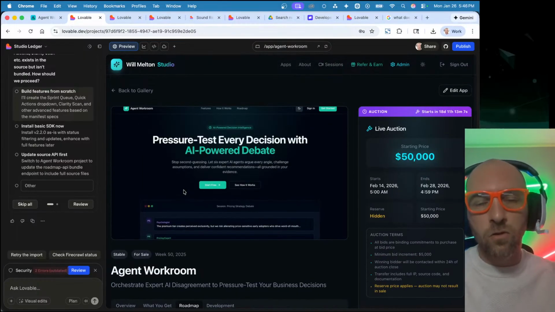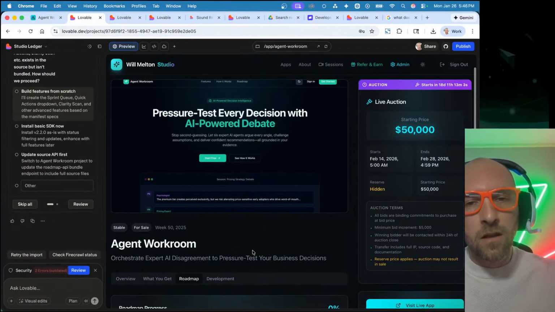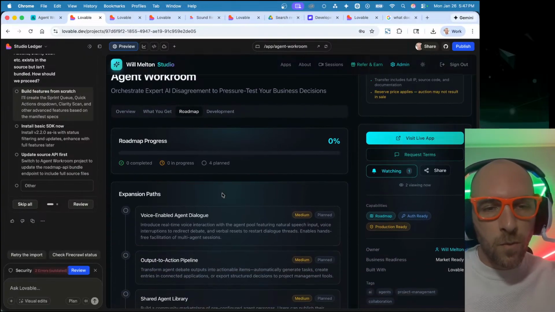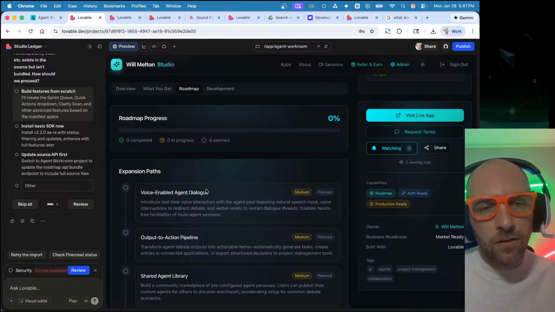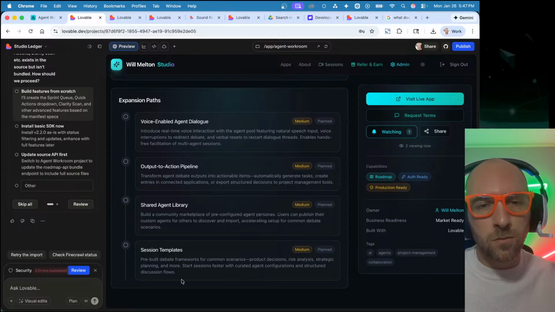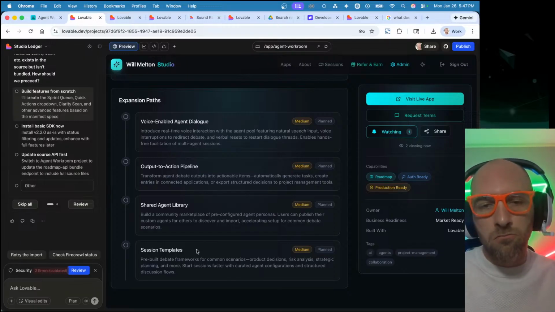This is Agent Workroom. This is not the right one, but in any event, the Agent Workroom roadmap, I would say yes, I want that to show up publicly, and as long as I've connected these two together, this is going to essentially allow me to just publicly display the expansion paths without me ever having to touch it.